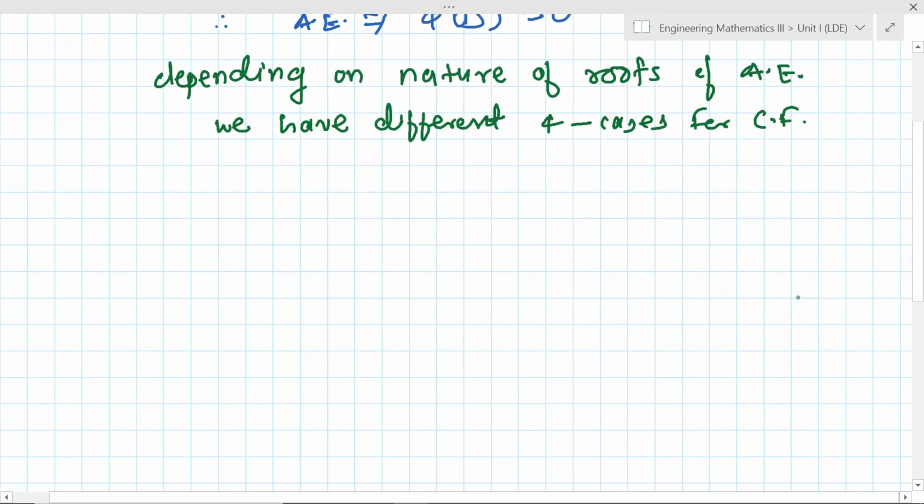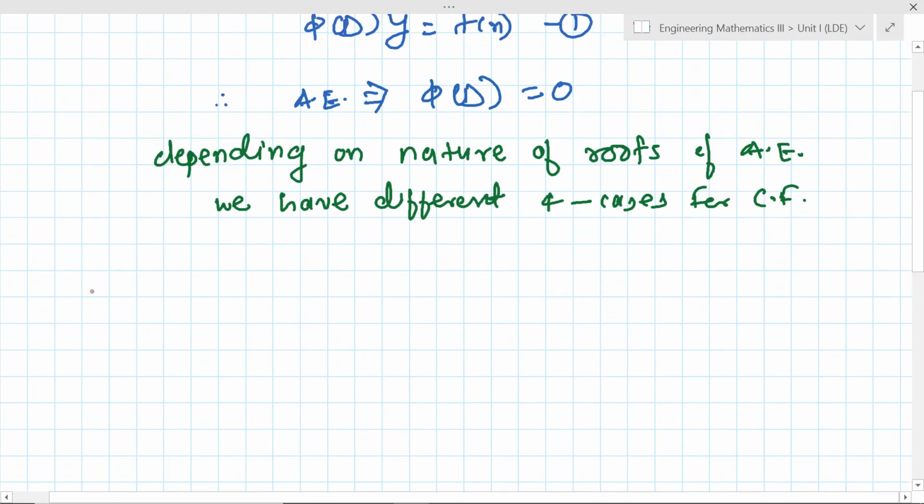And what are those cases? Let us see them one by one. I'm just explaining the cases. These are the only four cases to find the complementary function; without these four cases, nothing is there. So try to understand these cases, and also try to solve the examples based on them, because in the online exam there are so many questions related to this topic, complementary function. It is very simple. So just bring the calculator if you have. If you don't have, try to bring it from your friends or from the market, if it is available.